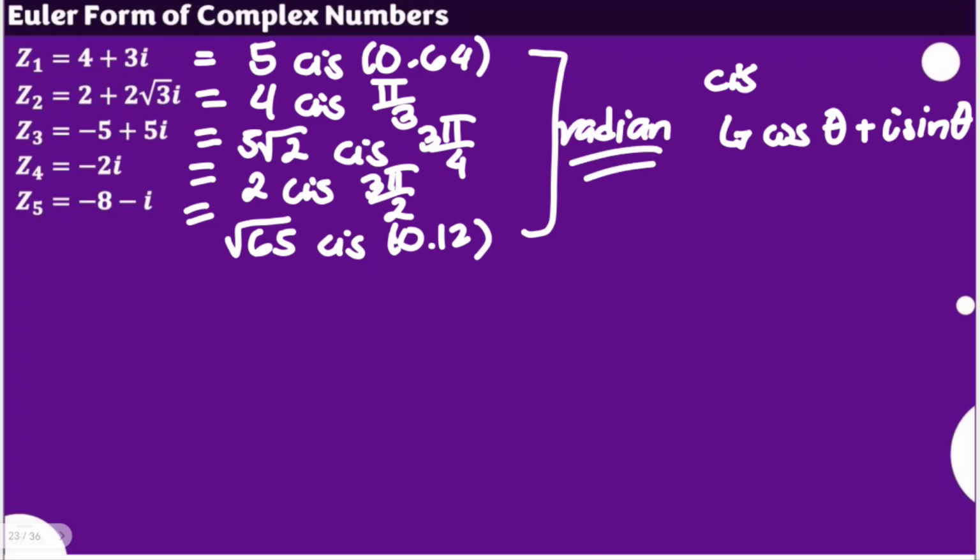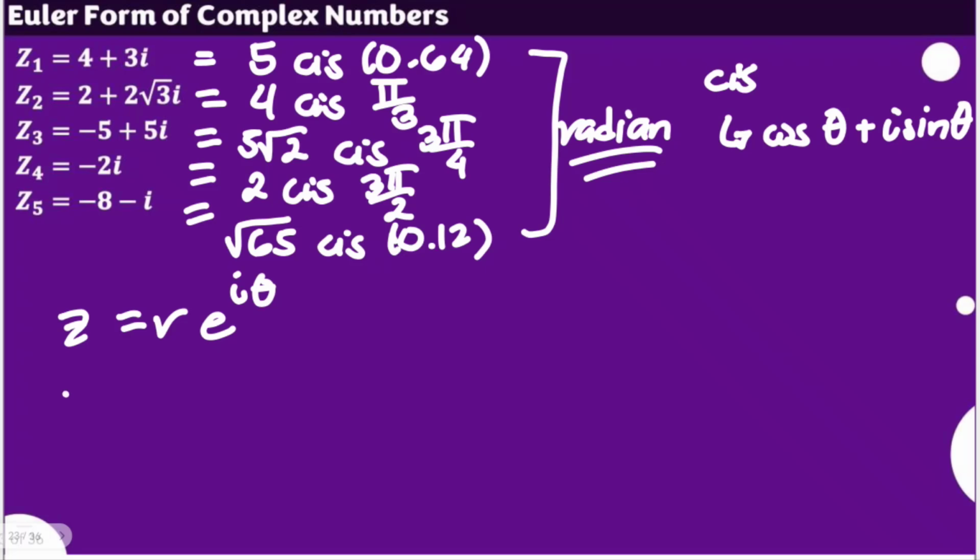Now, how do we write Euler forms of these specific complex numbers? It's very easy. It's very short, and it's written like this. Our z can be written as r, your r, and you have your e to the power of I theta. As easy as that. Our theta here is in radian measurement. That is why, if possible, our polar forms could also be expressed in radian measurement. And of course, we already have our r.